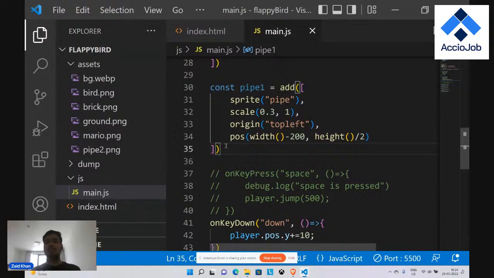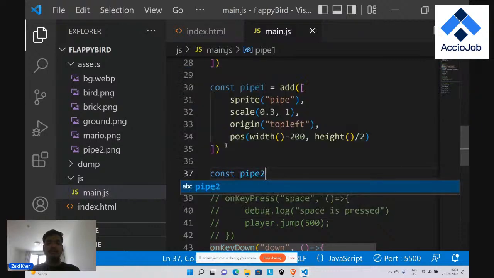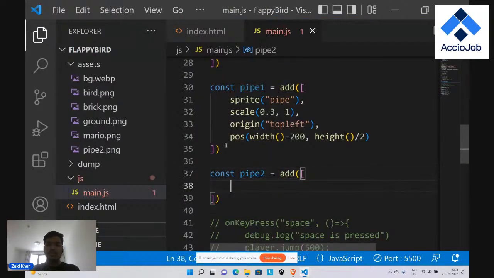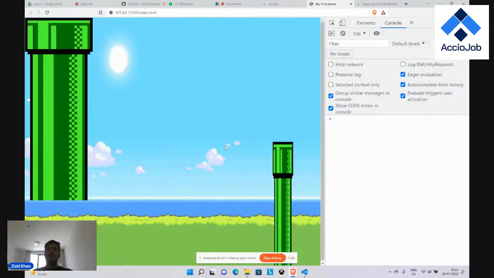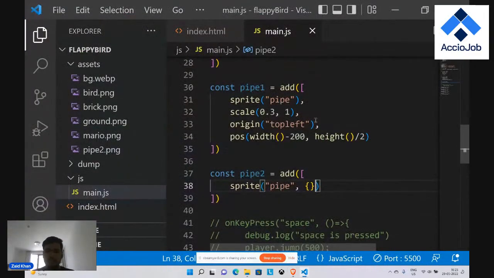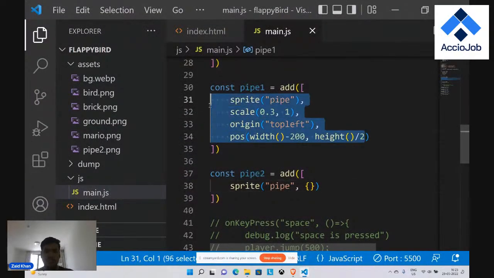Now I added one pipe. Now I added another pipe which will be coming on top of it, right? So let's add that. Again, I will be using the same pipe. Now the thing is that both pipes will look the same way. It wouldn't look good, right? So what I really want to do is